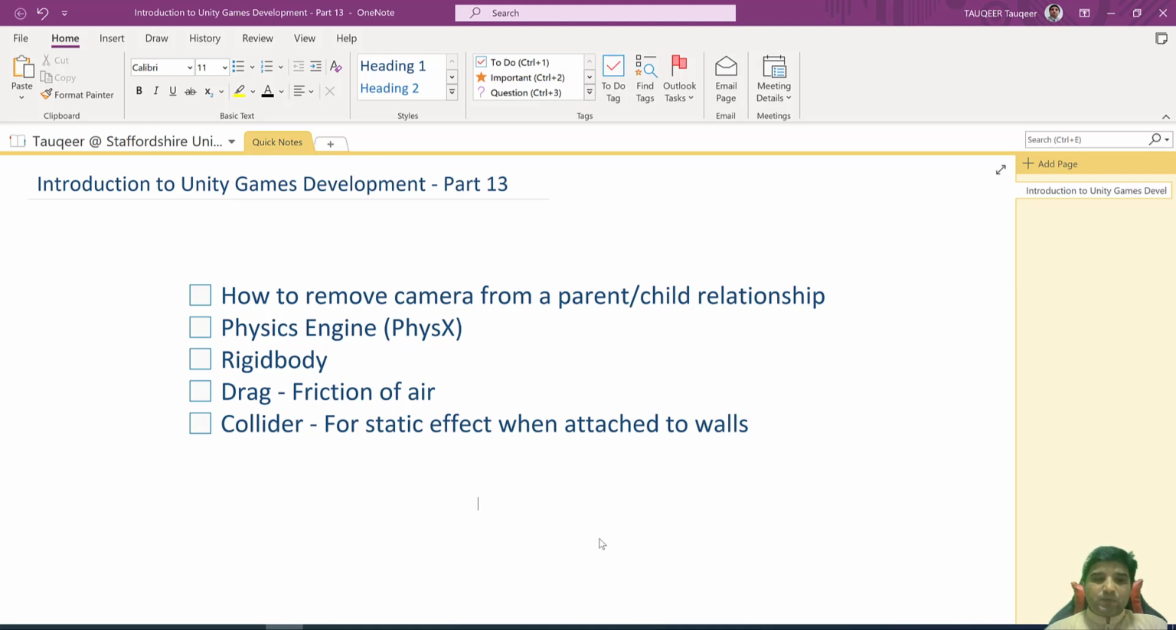In this session, we will learn how to remove the camera from a parent-child relationship, what is the physics engine, how to use the rigid body component in 3D objects, what is drag, and what are collisions or colliders in any game object. So let's head back to Unity and understand the first concept, how to remove the camera from